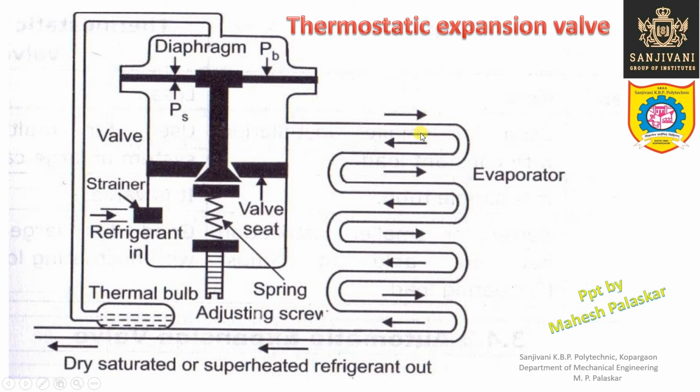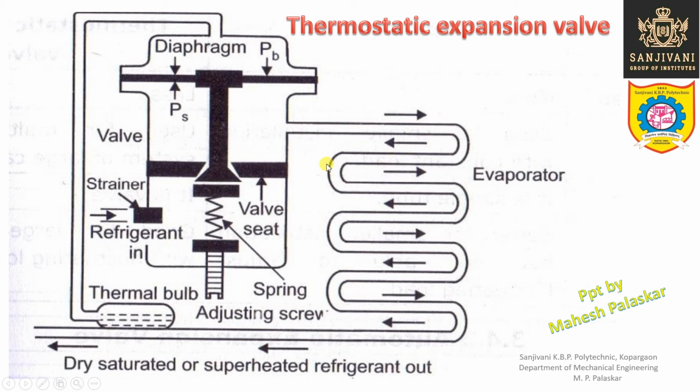So when the temperature of the evaporator tends to increase because of the load, at that time we say that the evaporator is loaded, right? So the load on the evaporator is sensed, and that feedback is given to this particular thermostatic expansion valve, and depending upon that feedback the restriction will be changed and the flow rate of the refrigerant towards the evaporator will be changed, right? So let us study the construction and working of the thermostatic expansion valve.